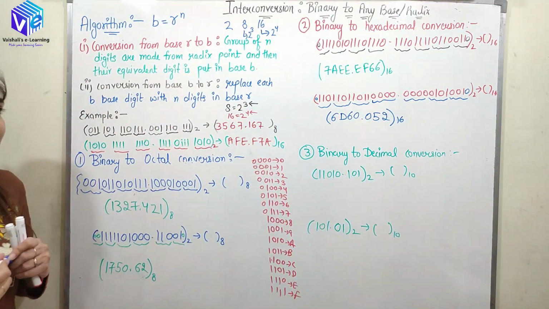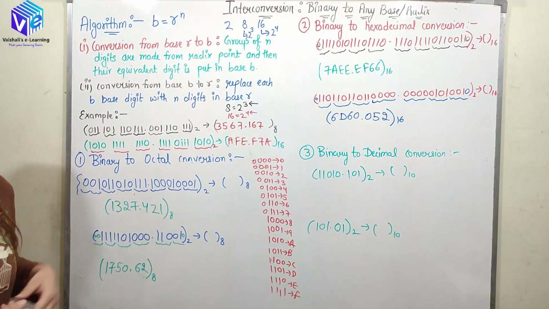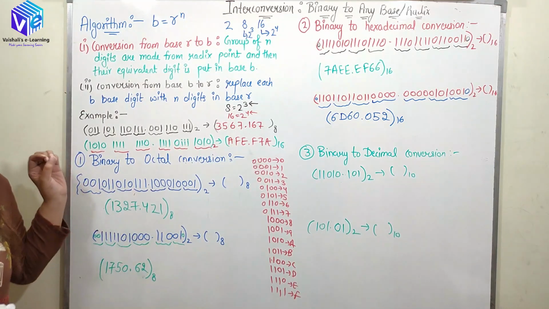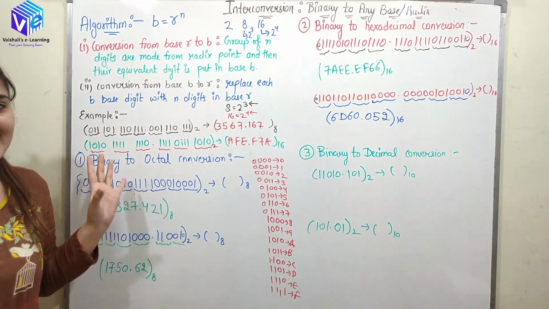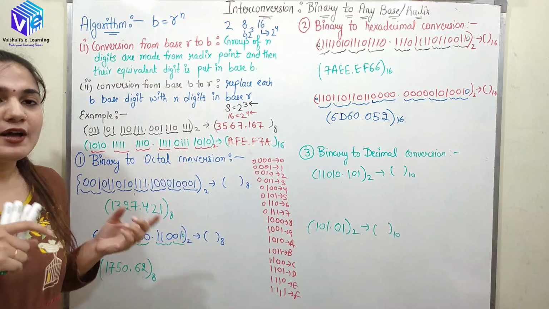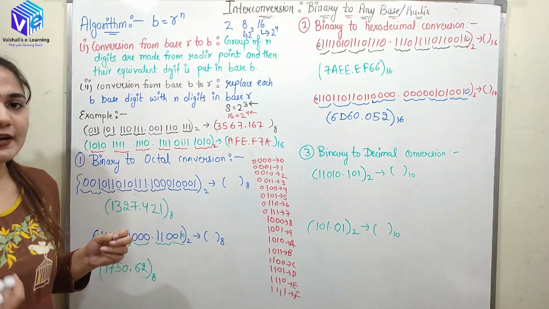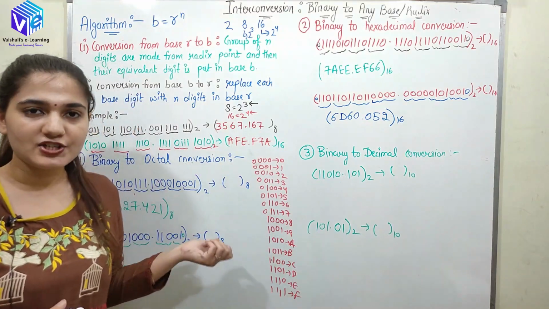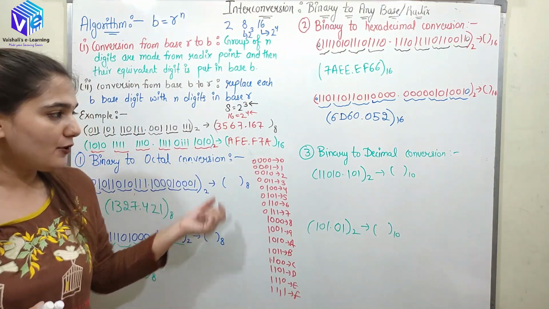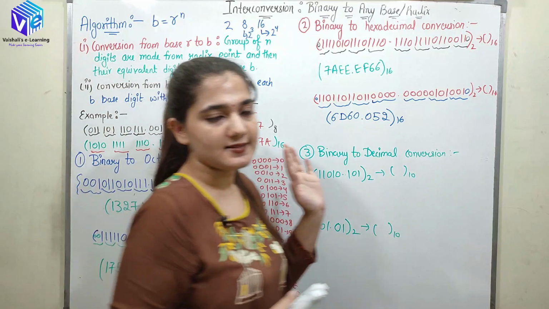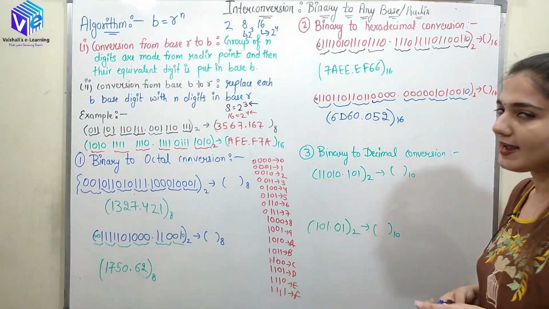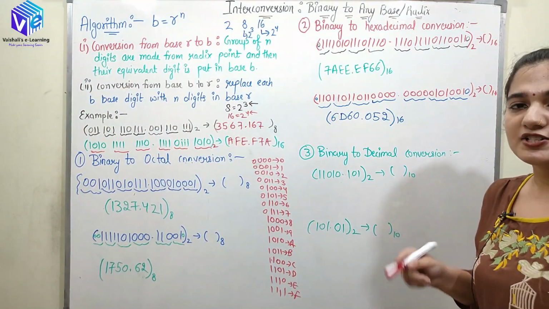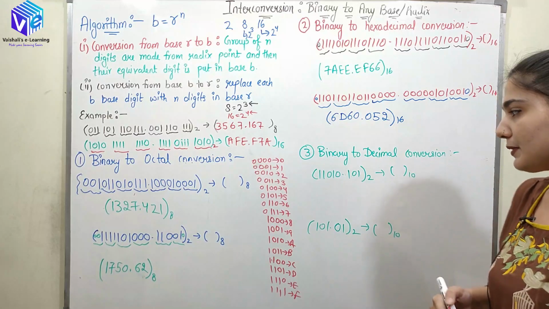So wasn't it easy? I hope till now you are pro in the conversions from binary to octal or hexadecimal. Now if I give you the base 32, you can do that as well. For that the chart would be a longer chart, right? Now coming to the binary to decimal conversion. For binary to decimal conversion, I will be using the polynomial representation.